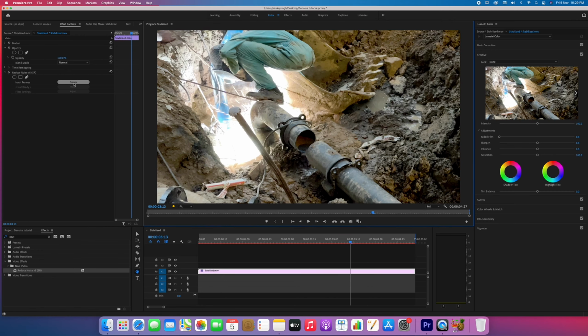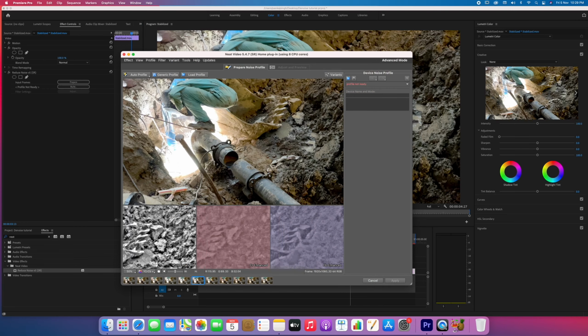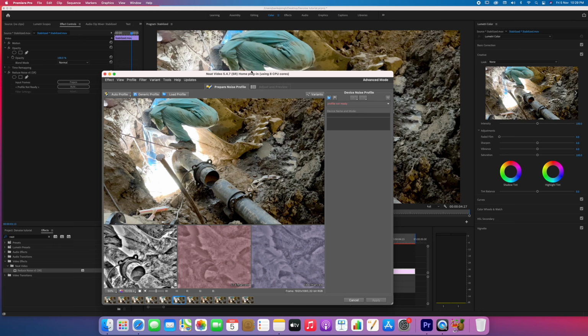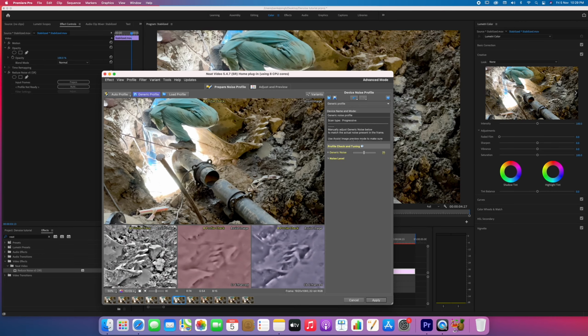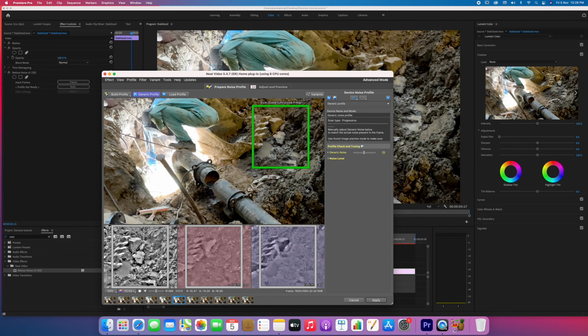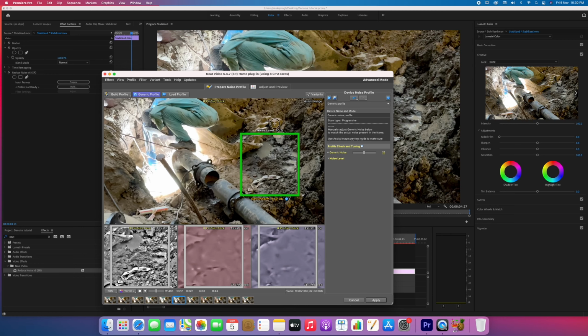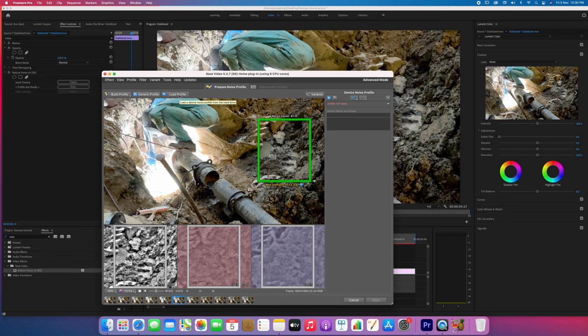So now if you click on Prepare and Build, I can build a profile which can be used to clean this entire image. So I'll click on generic profile here, and we need to click and select an area where we have lots of noise, just to make a profile. So now we have this 40 noise level. You can try somewhere else as well if you get more than that. You can also, if we have an already saved image, just import and select that one and apply that. So this area now will be used as a profile, so you can just click on Build Profile,